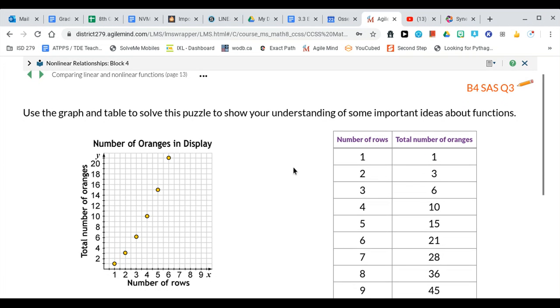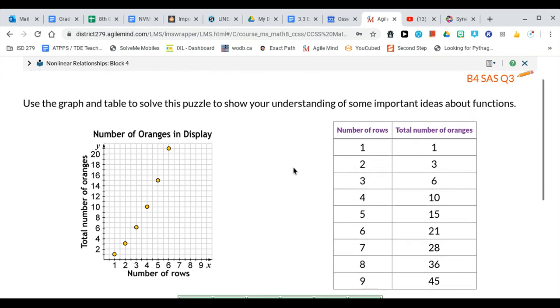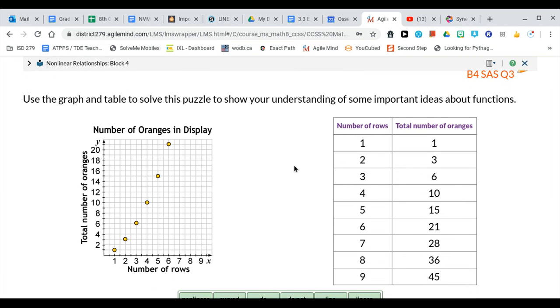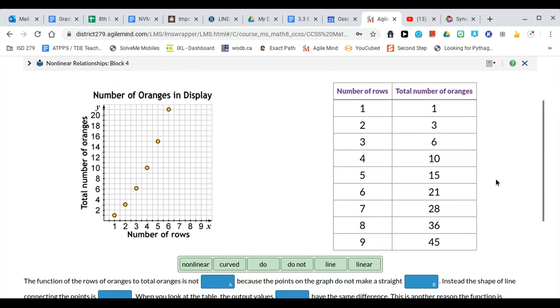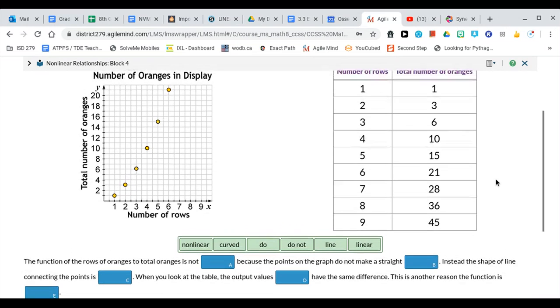Now it says use the graph and table to solve this puzzle to show your understanding of some important ideas about functions. This is going to help us with question 3. So filling in the blanks is going to help us with question 3. So if we look at the graph and the table together, the first thing on the puzzle says the function